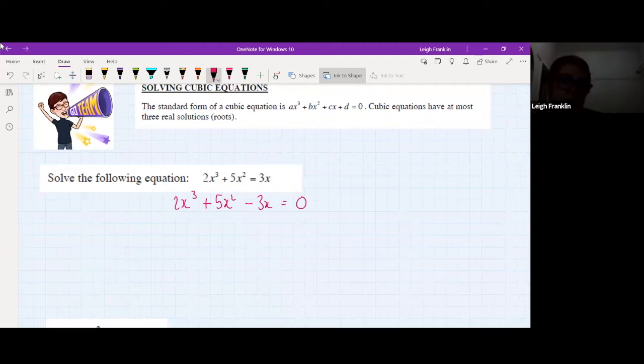Can you see in this case as well, I'm just pointing this out to you, that the value of d is also equal to 0 in this particular equation. This letter d, as we work through this section, represents the graph's y-intercept, but that's something we'll discuss towards the end of this lesson. I can see that in each one of these terms there is an x, so I'm going to take x out as a highest common factor. That's going to leave me with 2x squared plus 5x